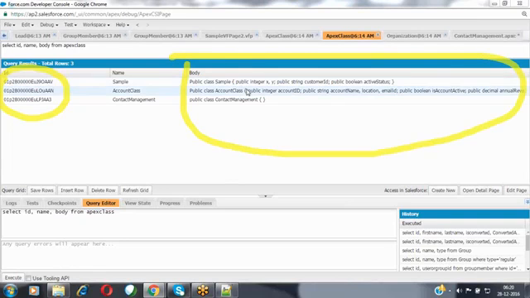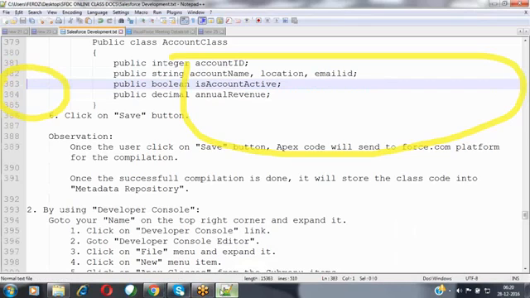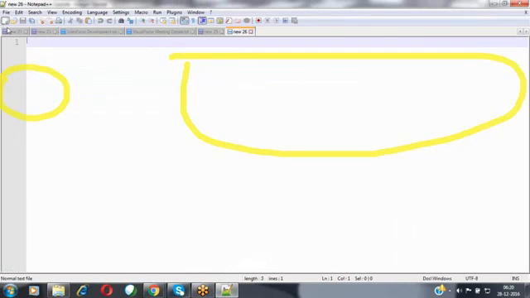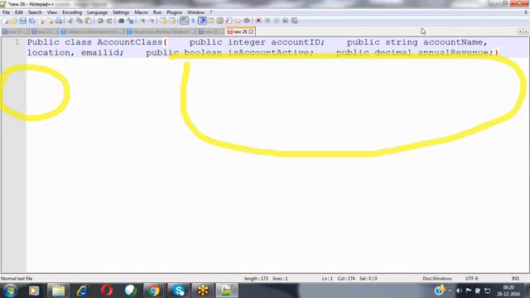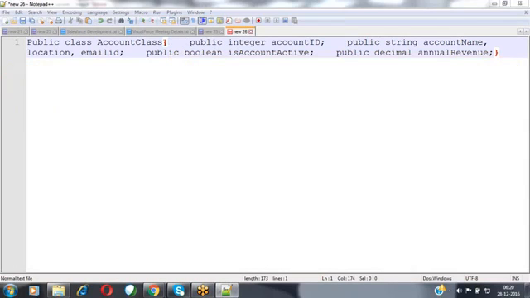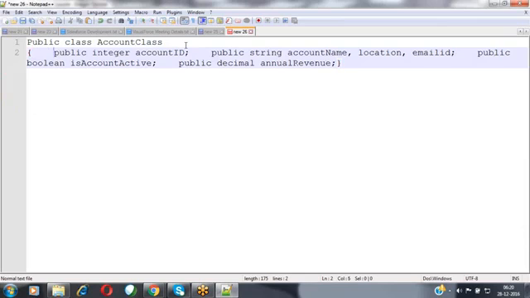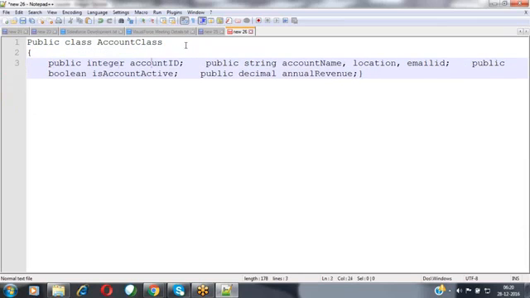If you want to see that content, just double click on that content cell. Automatically the whole text will be available in editable format. Copy that by using Control A, Control C, go to your editor, open a new window, and paste it over here. Whatever code you have written, the whole code we can fetch over here. Now this is the code we have written. The whole code is available to you.